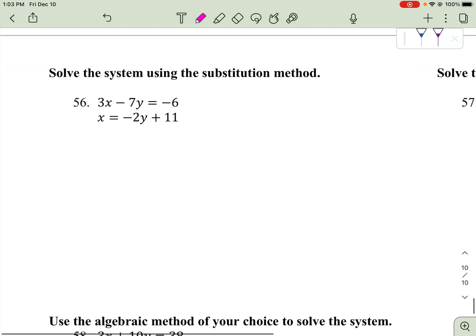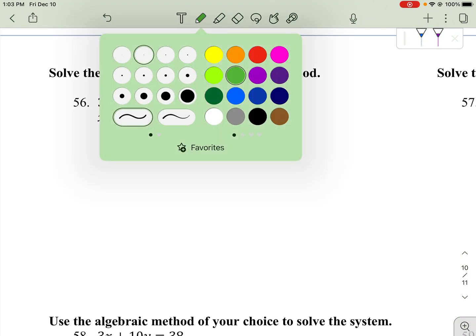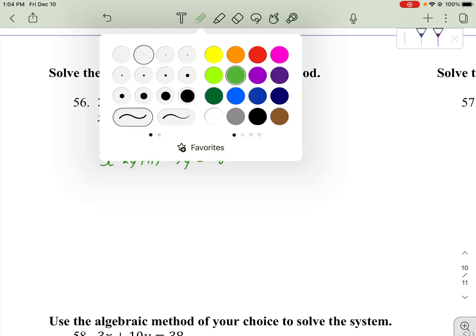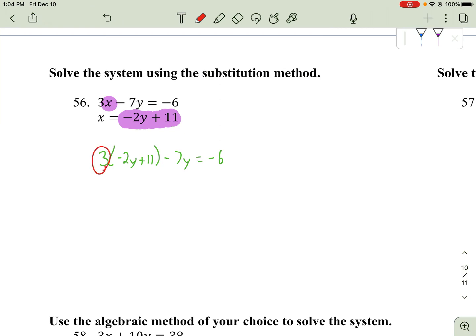All right, number 56, using substitution. So this is already set up nicely for us that x is equal to -2y plus 11. So we're going to plug that in for that x right there. So we have 3 times (-2y plus 11) minus 7y equals -6. Distribute over here. So we're going to do 3 times both of these things and get -6y plus 33 minus